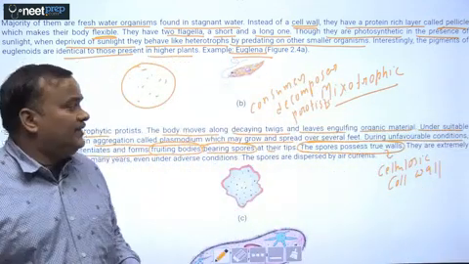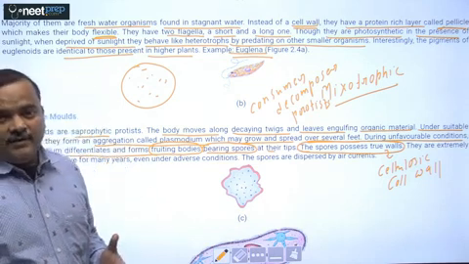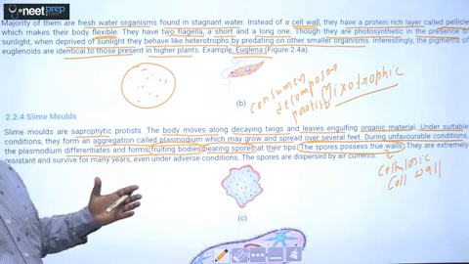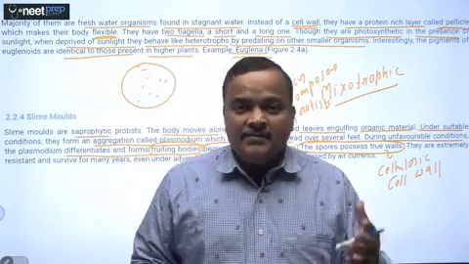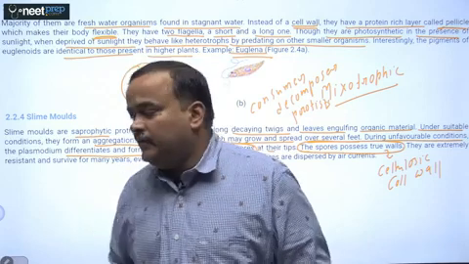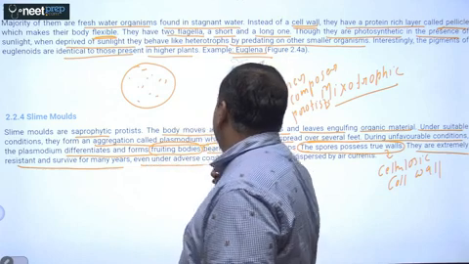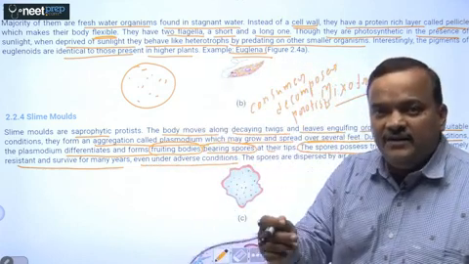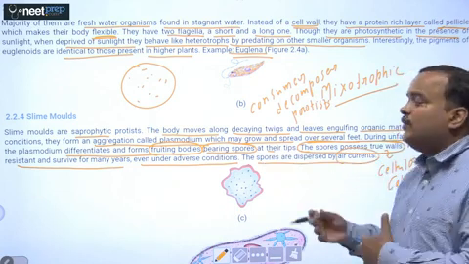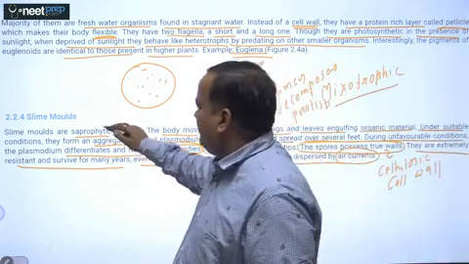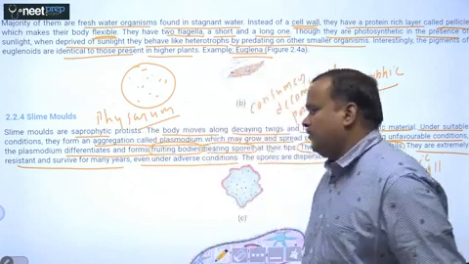So what is the purpose of this cellulosic cell wall? This cellulosic cell wall helps that spore to survive under unfavorable condition. Okay, so that spore acts as a perennating structure, that is, it helps in survival during unfavorable condition, and when condition becomes favorable, it will germinate to form a new individual. So they are extremely resistant and survive for many years even under adverse condition. That is true for spores because of the presence of a rigid cellulosic cell wall. Okay, the spores are dispersed by air currents. So dispersal of spores takes place with the help of air currents. One of the examples of slime mold is Physarum. That is not required, but once this question was asked, Physarum is a slime mold. Okay, now